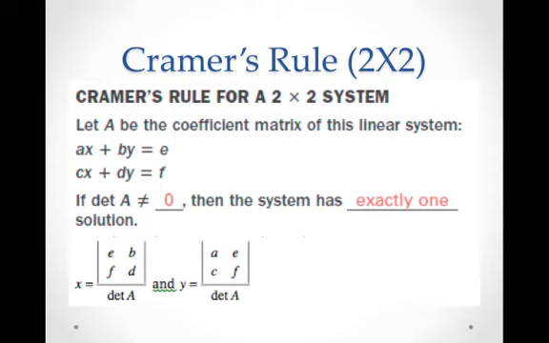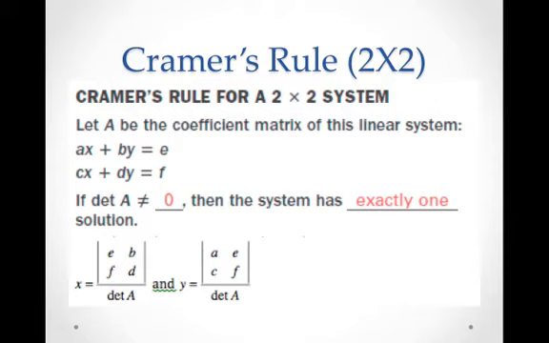Okay, we've seen an application of a 3 by 3 determinant in finding the area of a triangle. Let's look at an application of 2 by 2 determinants. It's called Cramer's rule, and it's a way to solve a 2 by 2 system. We've already talked about solving these systems by graphing, by substitution, and by elimination, so this gives us a